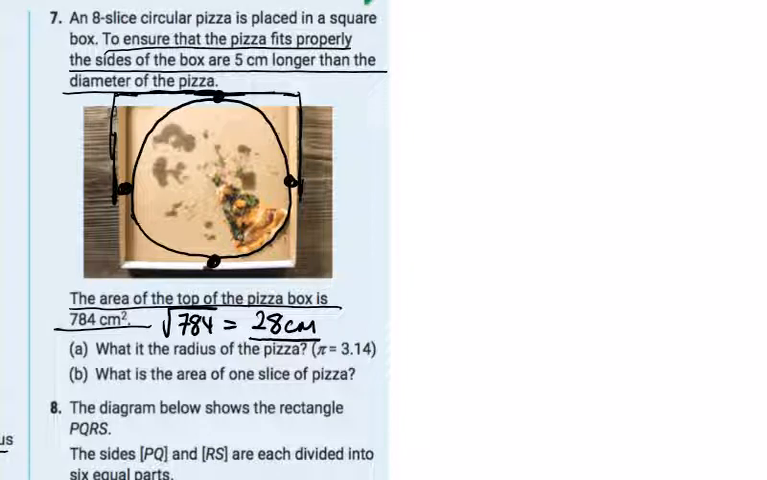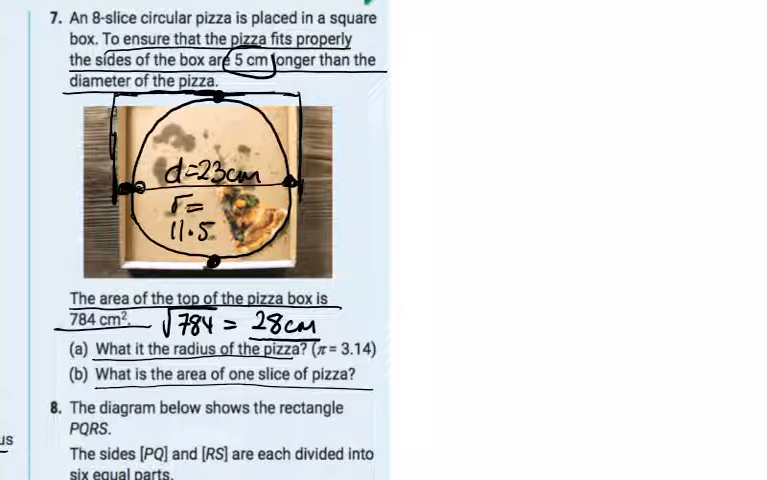We're asked the radius of the pizza. Okay, well, from here to here, we have the whole width of the box. So the whole width of the box is 28 and it's 5 cm longer. So this has to be 23. So that's the diameter of the pizza. So the radius is 11.5. 2 of them is 23. And then the